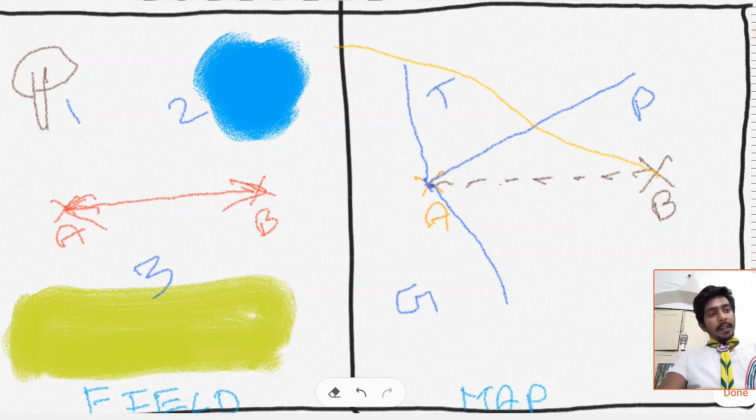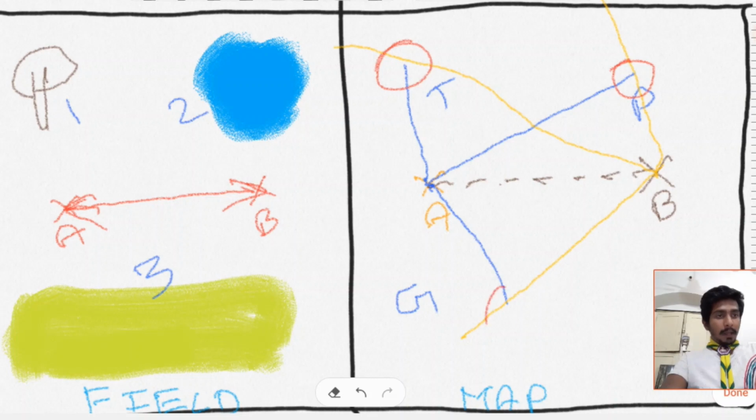Then point B to the pond and point B to the grassland. Now we have some intersections here: intersection number 1, intersection number 2, and intersection number 3. These intersections show the position of the features on your map.